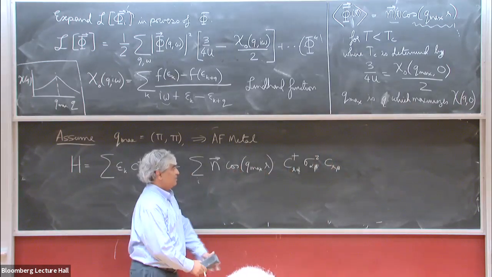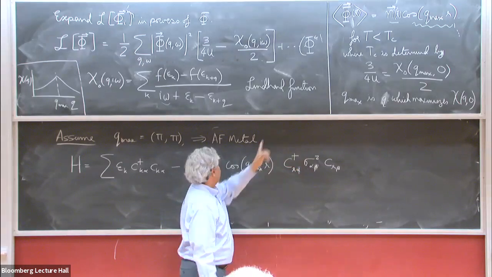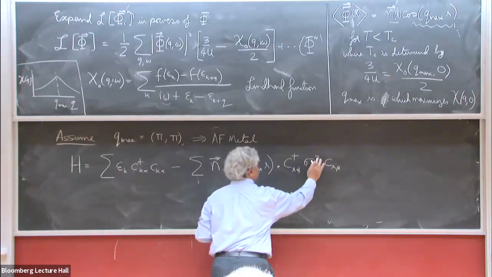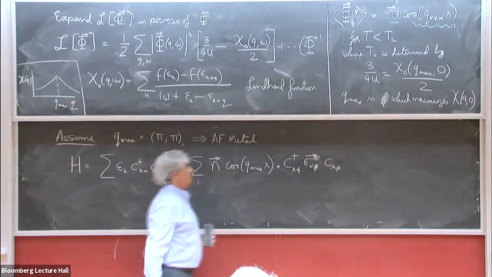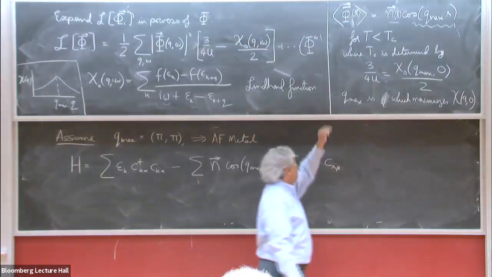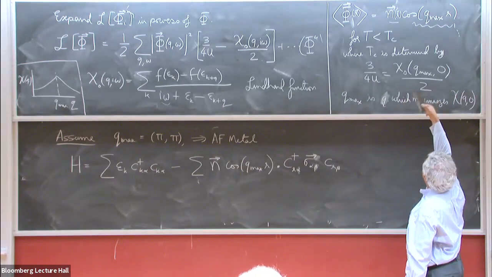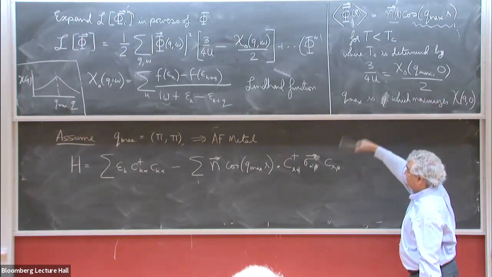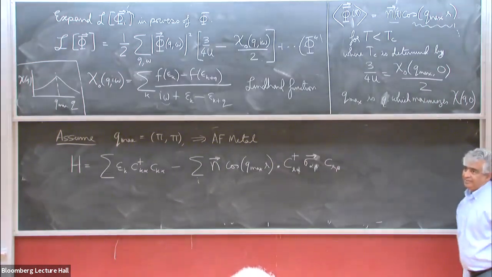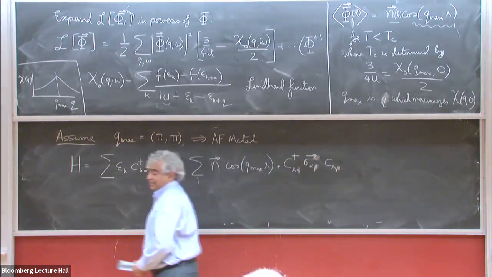So this is the spin density of the electron on site r in the z direction. I have some condensate vector n, and it has some cosine dependence, which comes from Q max, and beyond that, it's a constant, and then this is the spin density. So this is the spin density wave Hamiltonian,